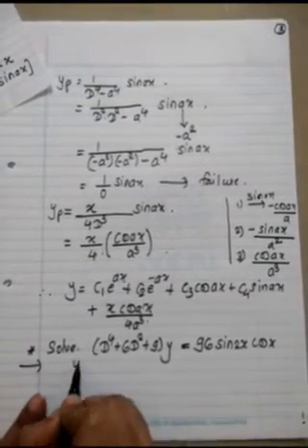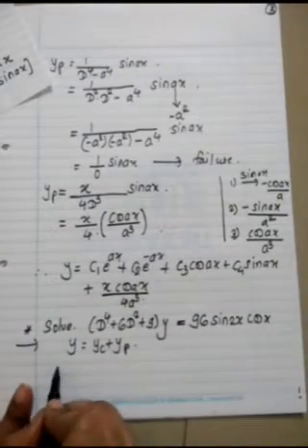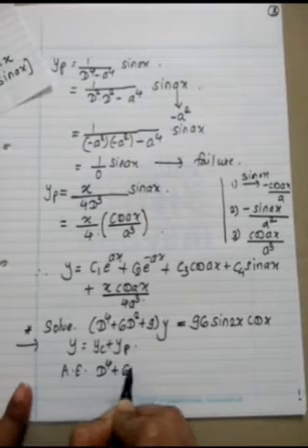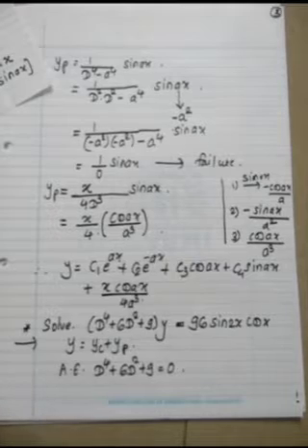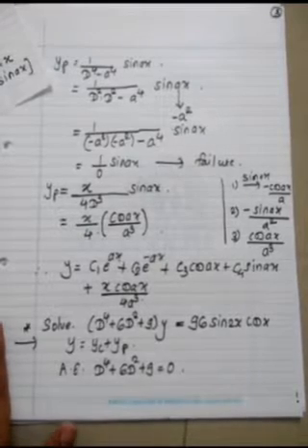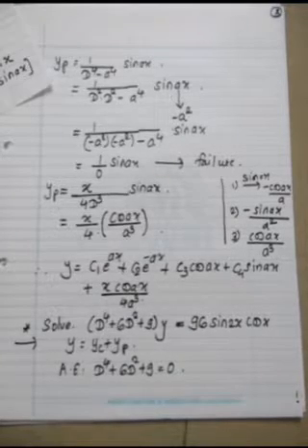Okay, its solution is y equals yc plus yp. To find yc, you have to consider the auxiliary equation: D raised to 4 plus 6d square plus 9 is equal to 0. How to solve? Ma'am, synthetic division? No need. Before synthetic division, you should always try for squares or cubes, or directly factors if possible.